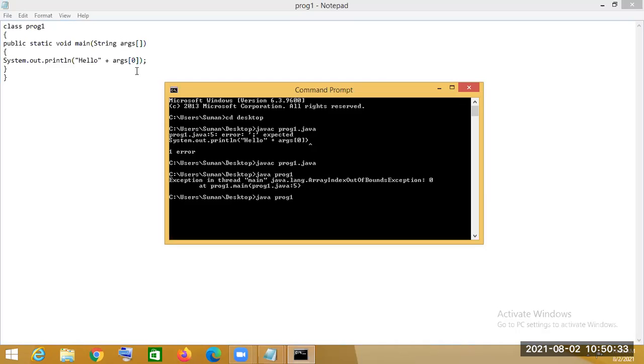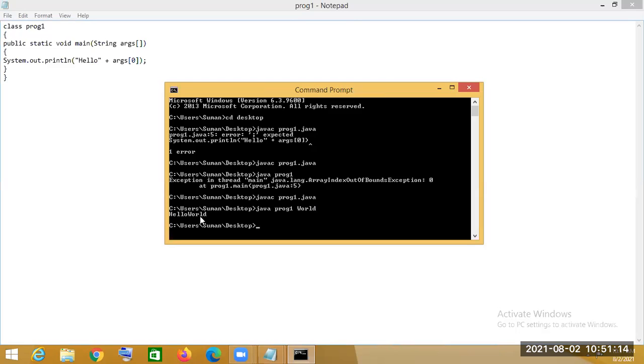So now let's compile the program again. And now, during the run, I will pass our argument. The first time I did not pass the argument, and that's why this exception was thrown, ArrayIndexOutOfBoundsException at the 0th index. Now we are passing the argument at runtime. Now you see it shows hello world.